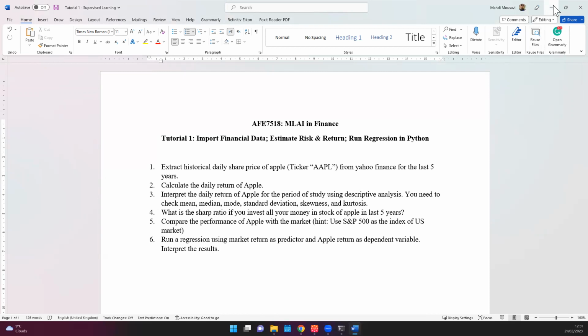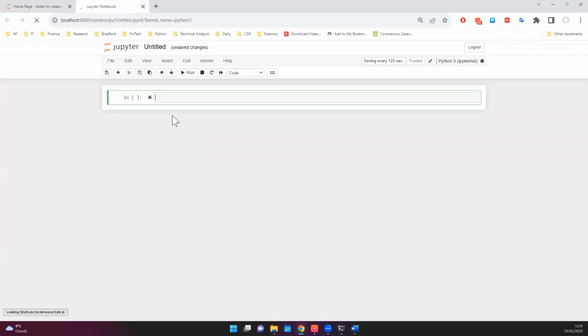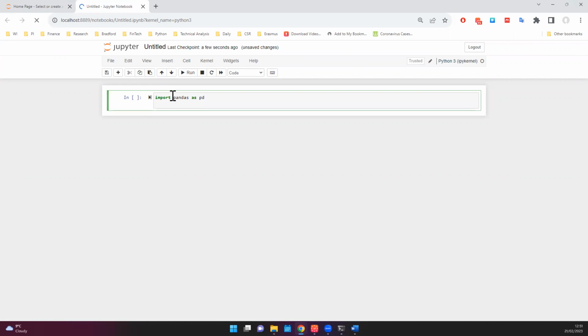So let's stick to the work. The first step, I'm going to open a new notebook and import my libraries. So the libraries I need here, number 1, import pandas as pd. Number 2 is import numpy as np. Also, I need